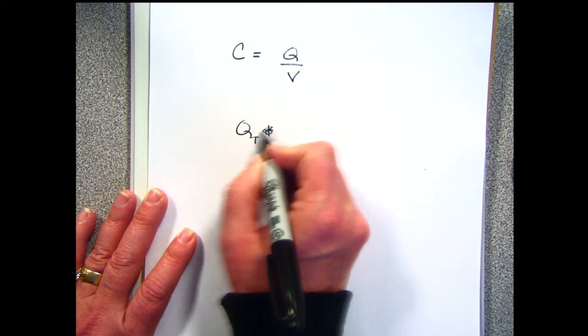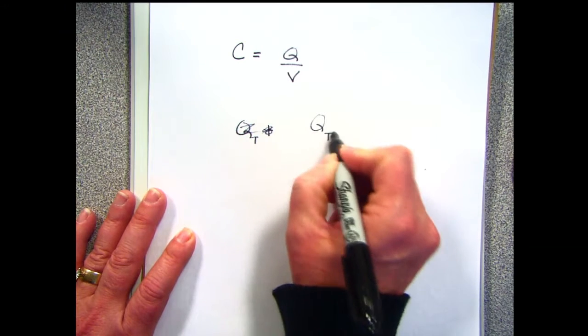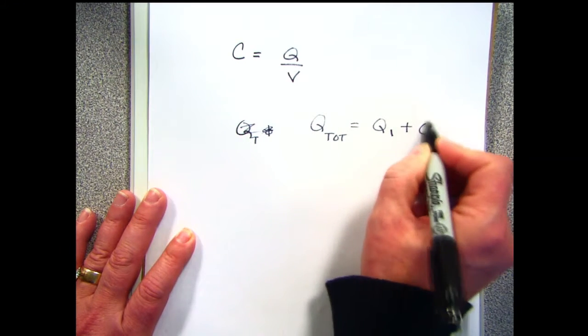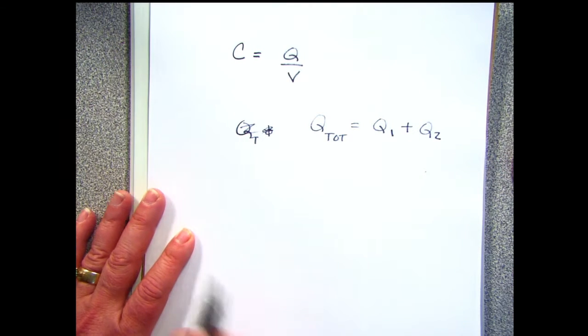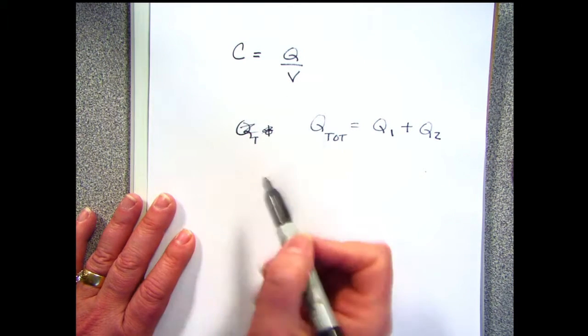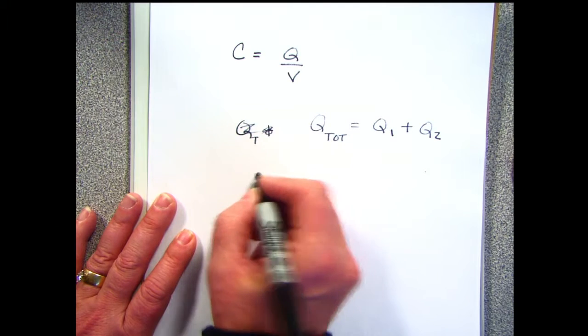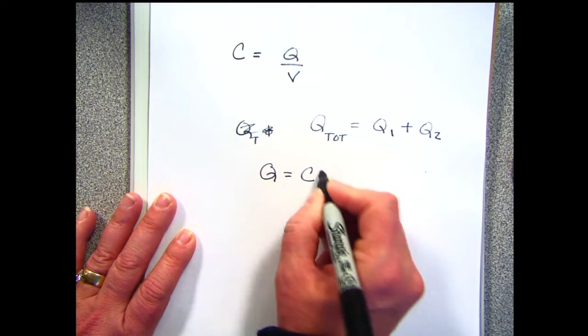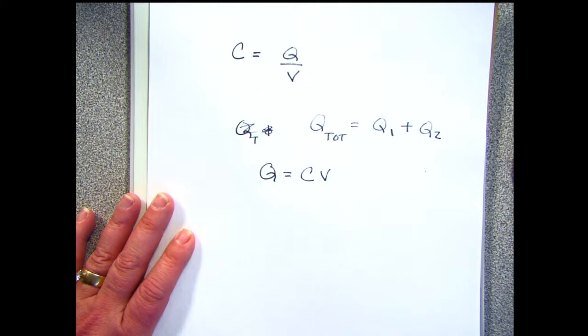So I'm going to rearrange this, so I get Q is equal to the capacitance times the voltage. Q total is going to equal the capacitance on 1 times the voltage on 1,